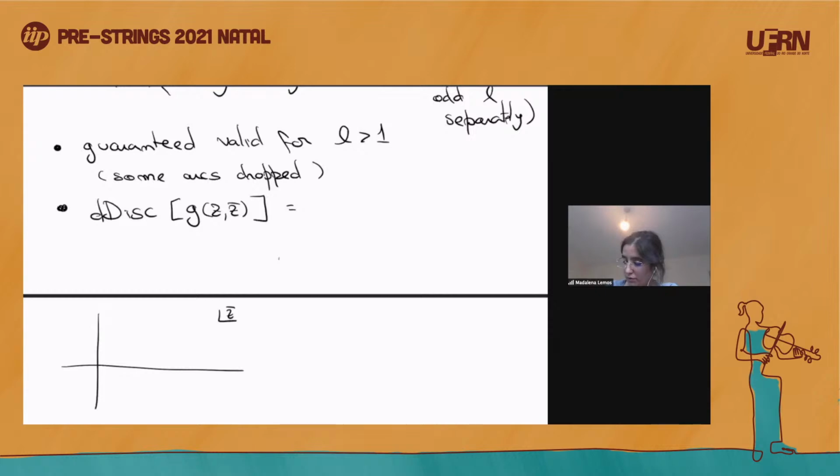I will draw both Z and Z bar in the same plane. I'm mostly interested in Z bar right now. I was in an Euclidean configuration, so Z and Z bar are complex conjugates, but at some point in this derivation, we went to Lorentzian, so we made them independent, so we had to continue in Z and Z bar. And what happened is that we ended up with this double discontinuity, which is, if you take Z fixed and you look at the Z bar plane,